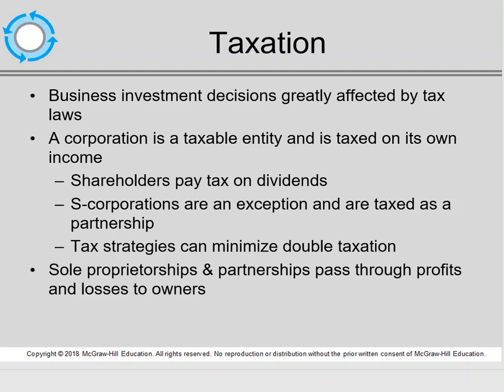So in essence, the same amount of profit can be taxed once at the corporate level and taxed a second time at the individual or shareholder level to the extent that the corporation declares a dividend or payout from its profits to its owners. Another type of corporation known as an S corporation is an exception, and usually those are corporations with 100 or fewer shareholders. They are taxed more like a partnership or a sole proprietorship.